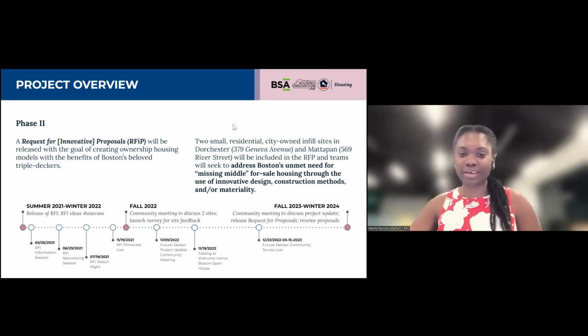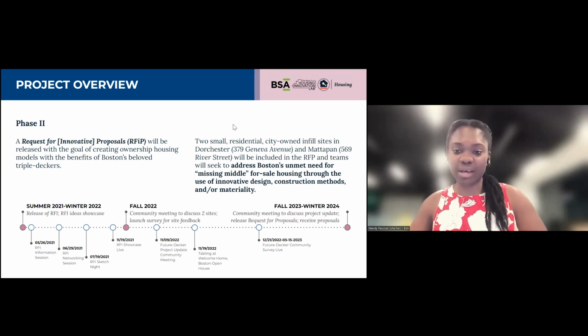Thanks, Paige. So with that said, the request for innovative proposals will really be released with the goal of creating ownership housing models with the benefits of our beloved triple deckers. And in this phase, we are focusing on 2 city-owned parcels.